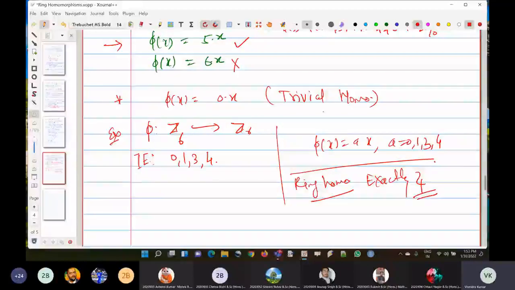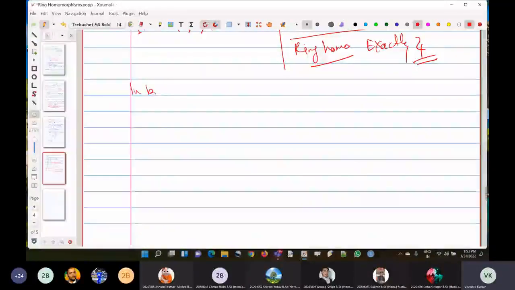I think there are some theorems and properties, so we will be taking them in the next class on ring homomorphism. By that time you can also look at certain examples in your book. Example number 1 in chapter number 15. Okay, example number 1 says that